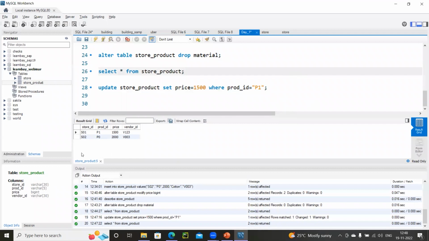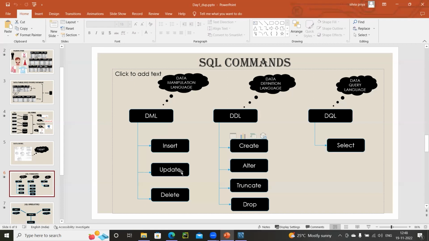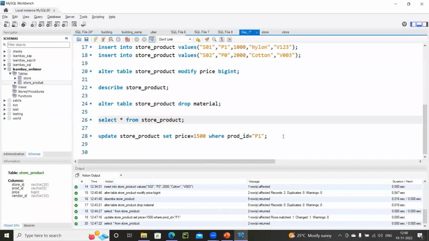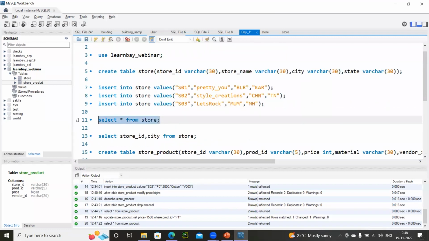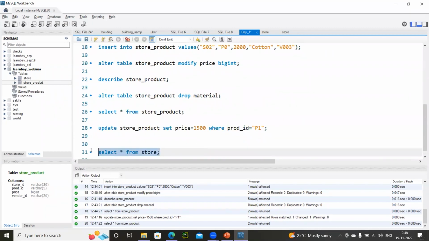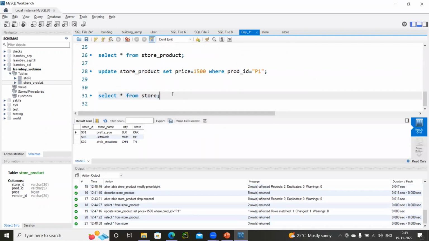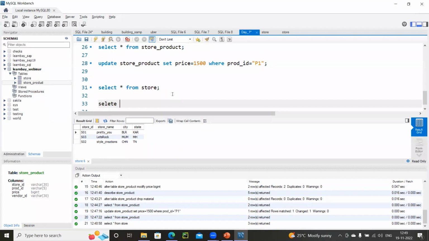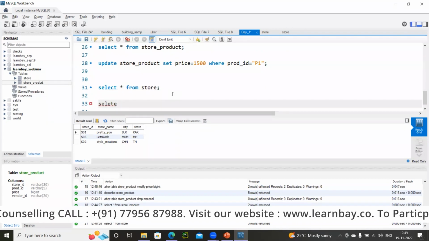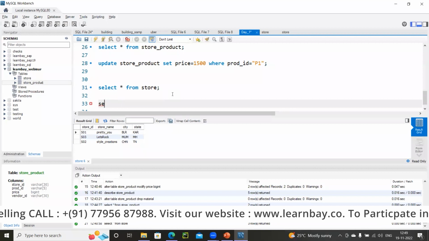Perfect. Now coming back to, okay, we did insert and update. We are left with delete, truncate and drop. Let me touch upon delete first. Let's go to our other table. We are not touching anything on that table. So I'm going to run this command, select star from store. I could see there are 3 records. Now here I'm interested in deleting the record on the state TN.